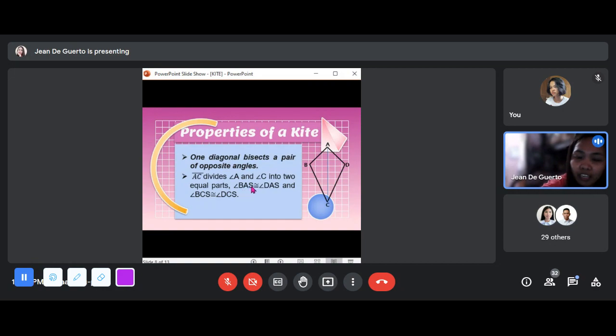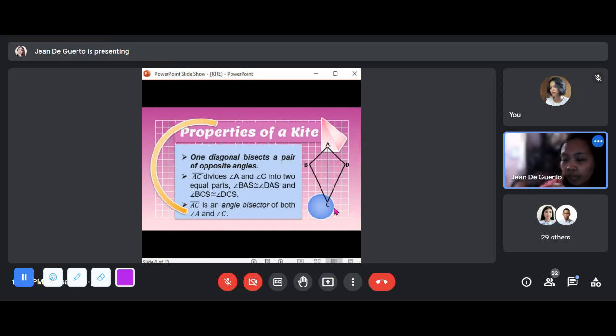So, angle BAC, the S there, the S from earlier, the line segment here has already been removed. So, it is angle BAC is congruent to angle DAC and angle BCA is congruent to angle DCA. So, segment AC is an angle bisector. So, take note,